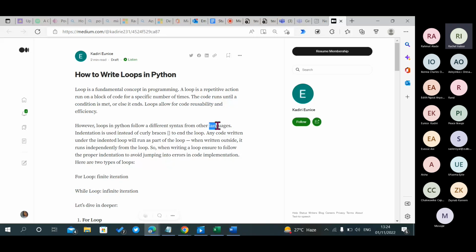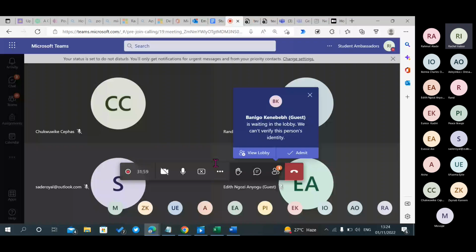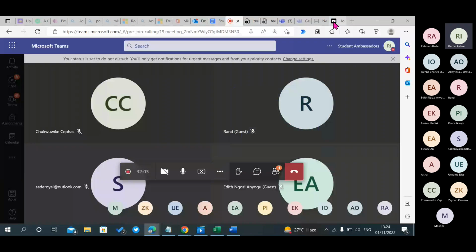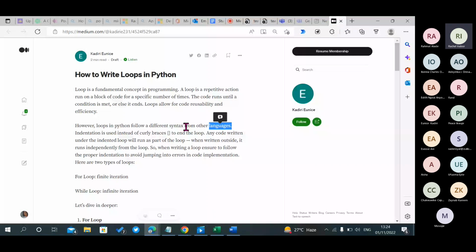When you say languages, how do I know that is a programming language? I will start thinking maybe it's French or German. There's nothing yet to say that this person is trying to talk about programming languages. The person just went straight ahead and started talking about indentation.